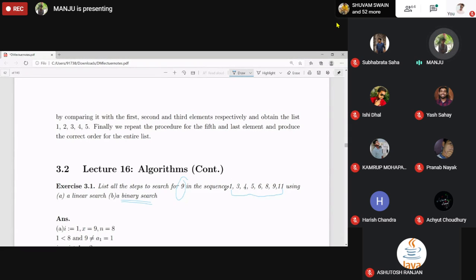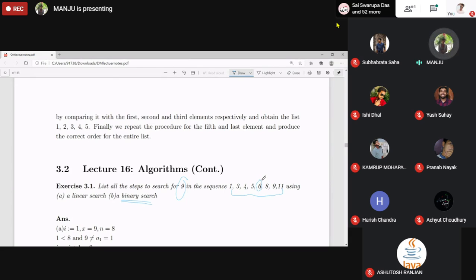Initially, I is equal to 1 and j is equal to 8. Okay, x is 9. Then it checks while I is less than j or not. That is, 1 is less than 8. Yes. m will become floor of (1 plus 8) by 2, which gives you 4. Then it compares: is x, that is 9, greater than a4, that is 6?